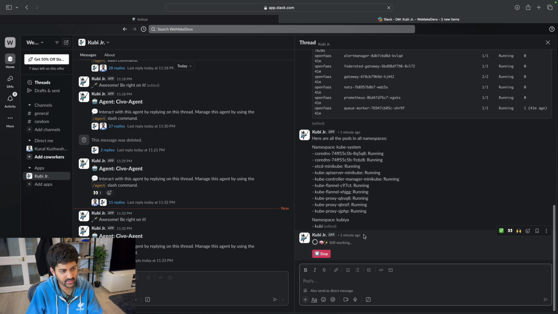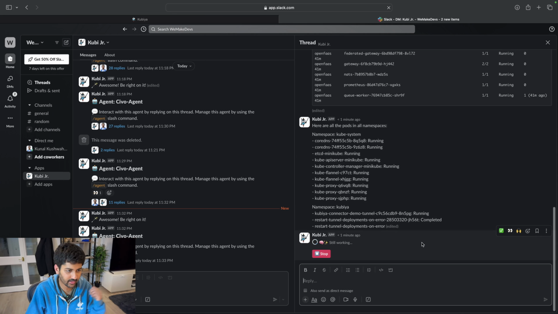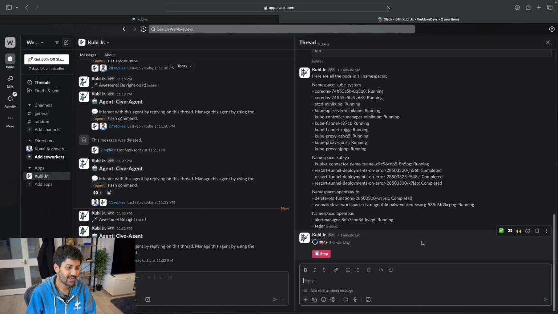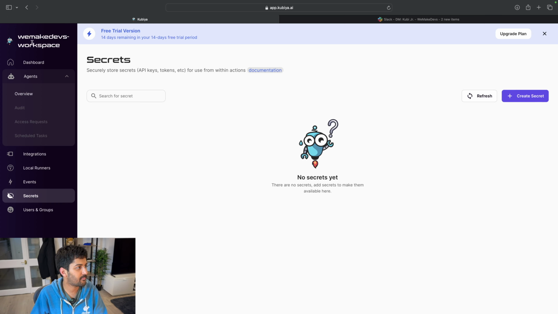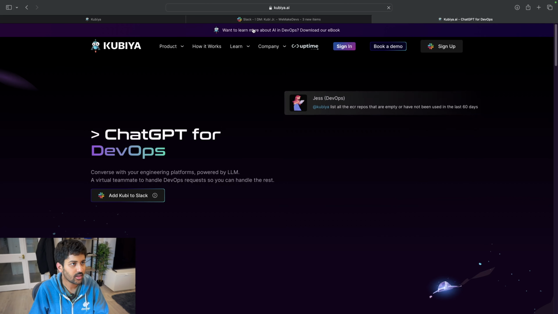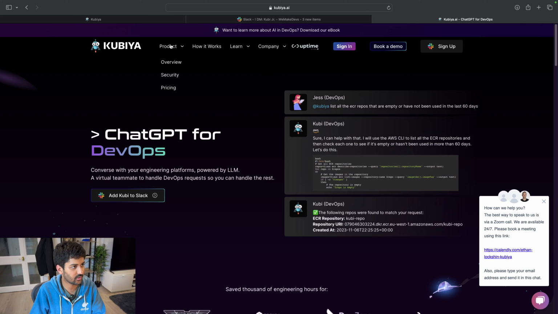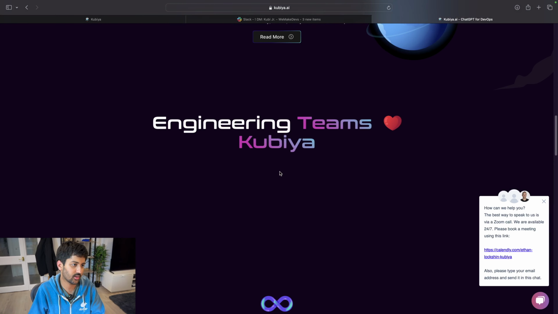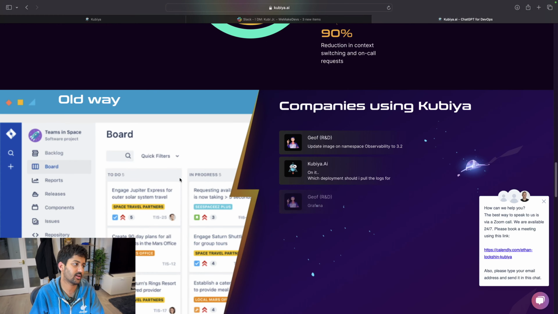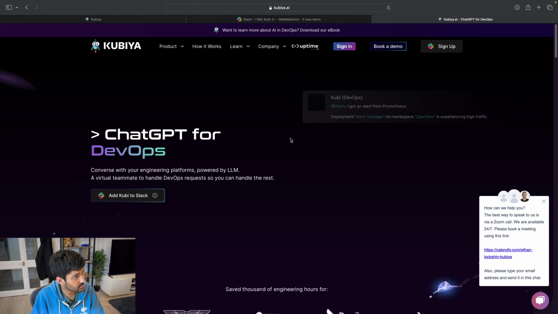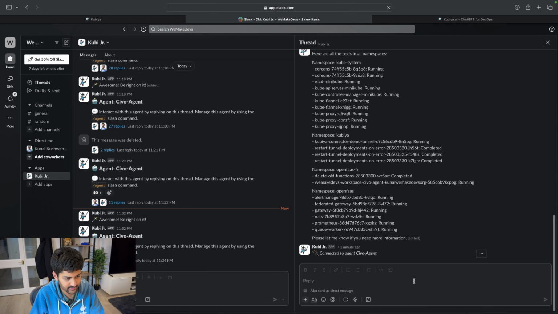It's giving me the state and everything. Very cool stuff. Nice. And a bunch more stuff that you can do. You know, this is just the surface of what we're doing over here. But when you connect it with more tools like Jira, you can ask it to close GitHub issues for you and do all sorts of things.